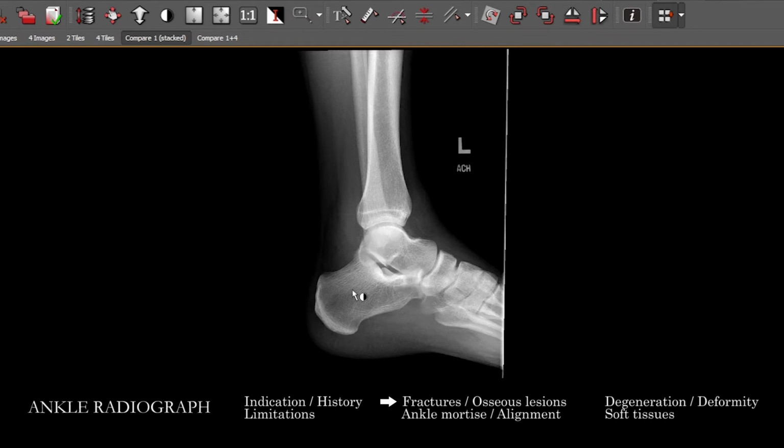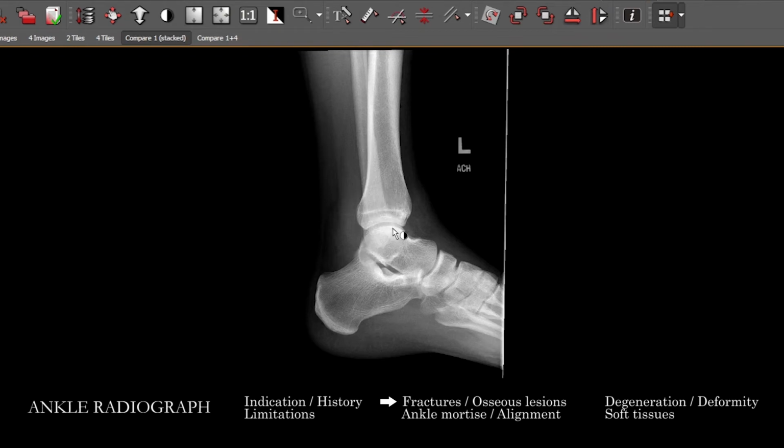Sustentaculum tali, the posterior aspect of the calcaneus, kind of down here in this busy area of the tarsal bones, looking through distal tibia to the fibula behind it, and just making sure there's not any sort of subtle fracture